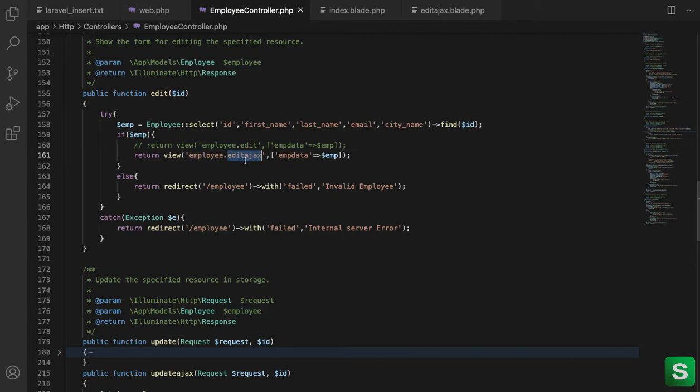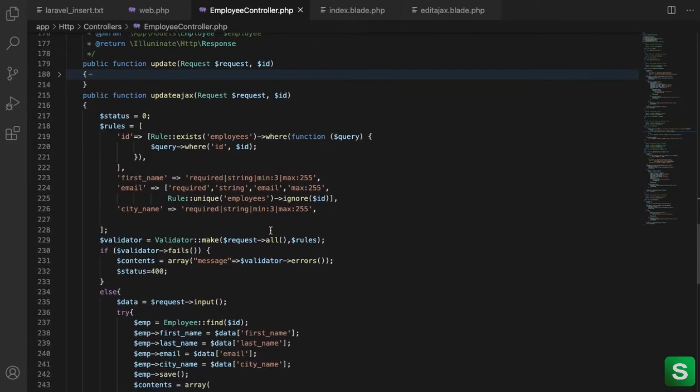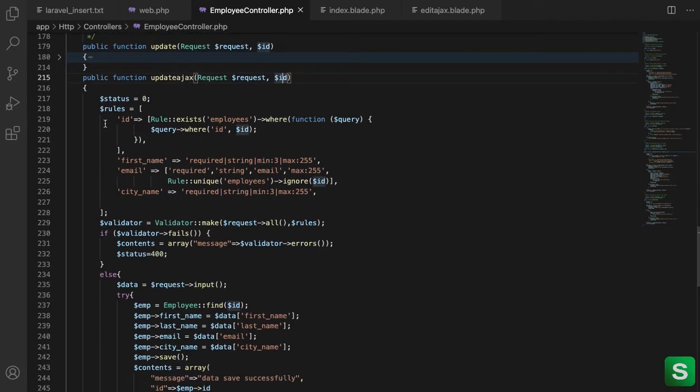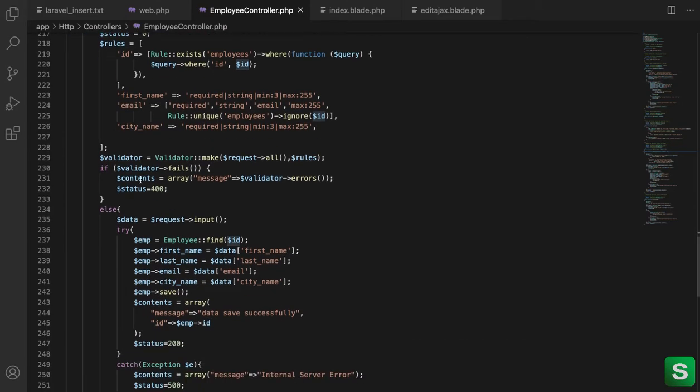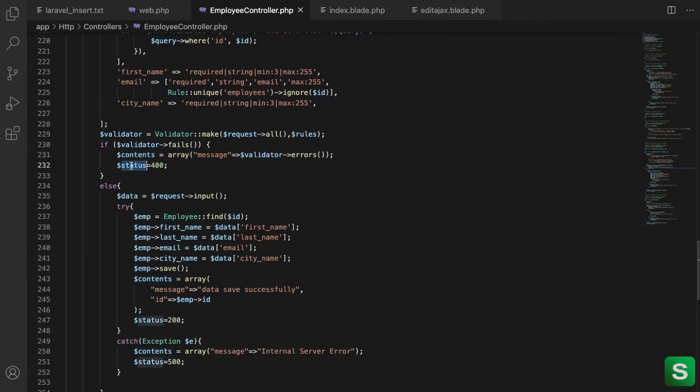This is a new file, okay. And here in the update ajax I am taking the request object and the id, setting the rules and checking in the validator if there is any error, maintaining one array and status code.